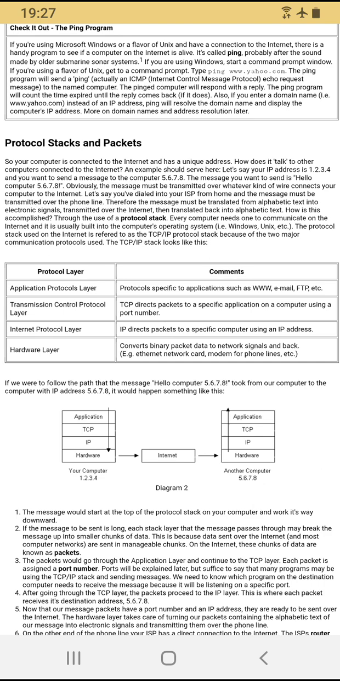Obviously, the message must be transmitted over whatever kind of wire connects your computer to the internet. Let's say you've dialed into your ISP from home and the message must be transmitted over the phone line. Therefore, the message must be translated from alphabetic text into electronic signals, transmitted over the internet, then translated back into alphabetic text. How is this accomplished? Through the use of a protocol stack. So you guys remember this name, protocol stack. Every computer needs one to communicate on the internet, and it is usually built into the computer's operating system, Windows,